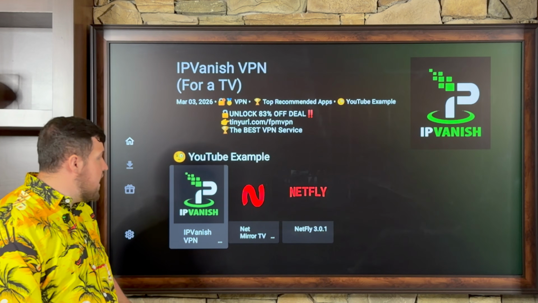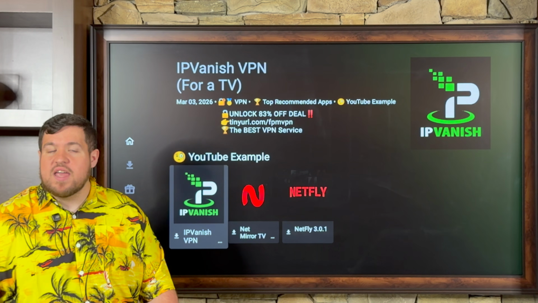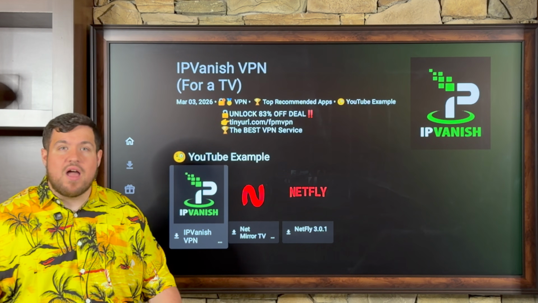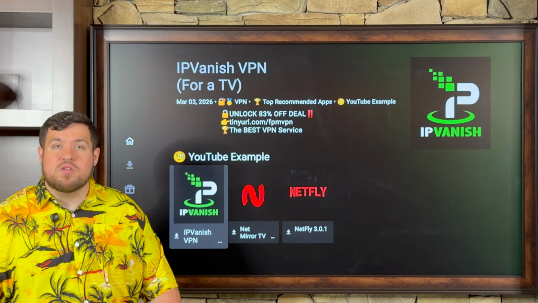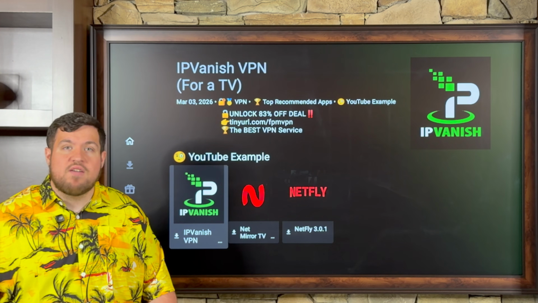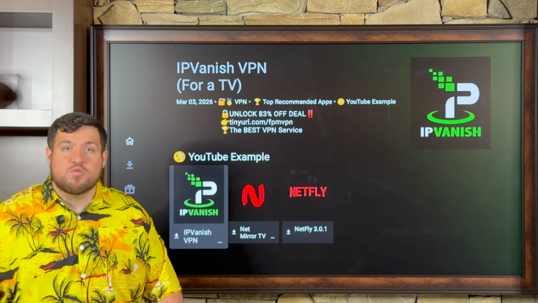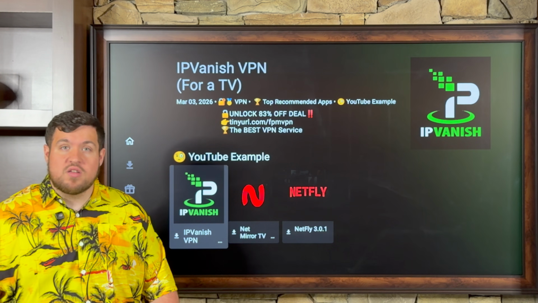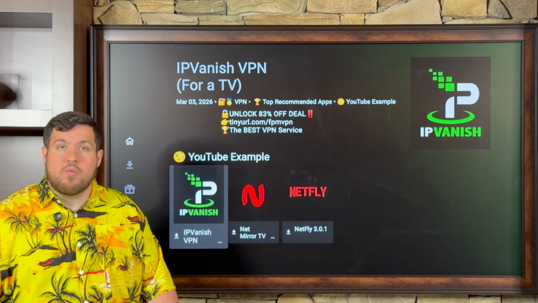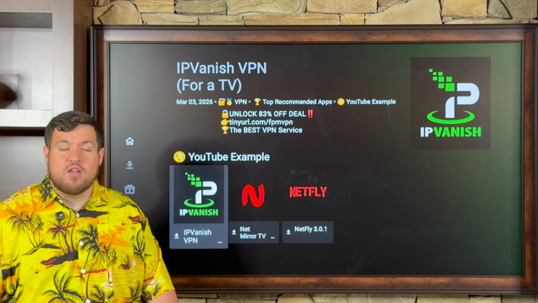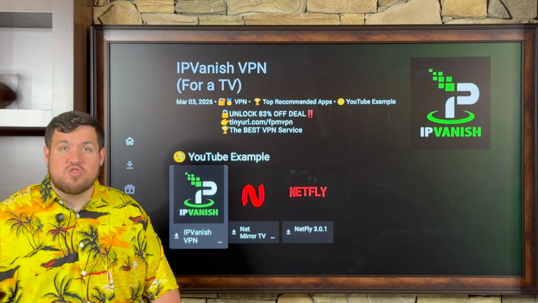For today, I've gone ahead and made what I call a YouTube example. And the very first application that I have highlighted here is the IPVanish VPN. Now, the IPVanish VPN is going to help us unlock these applications. Not only is it going to help us unlock these applications, it's going to keep us safe, secure, and anonymous. Depending on what country you live in or what internet service provider you might have, a lot of the times they're putting restrictions on you and throttling your device. Oftentimes, you open up these third-party apps, they prompt you to use a VPN. So to stay safe, to stay secure, anonymous, and to overcome that internet censorship,